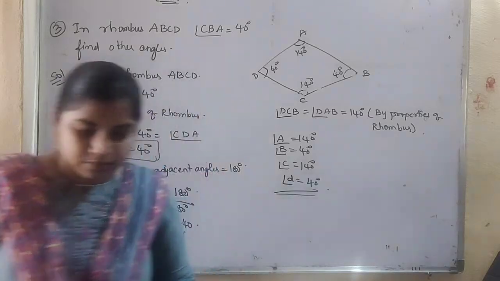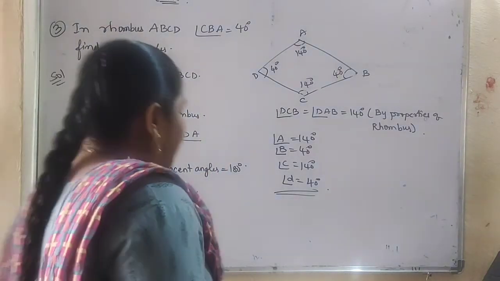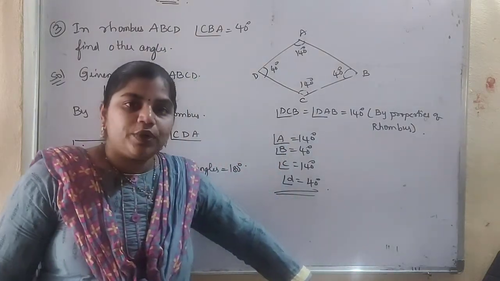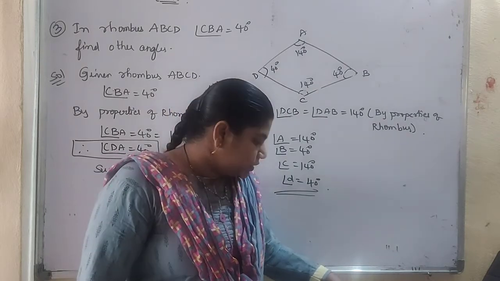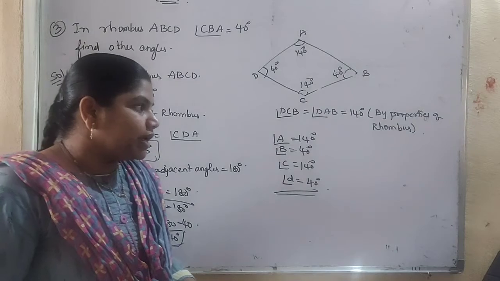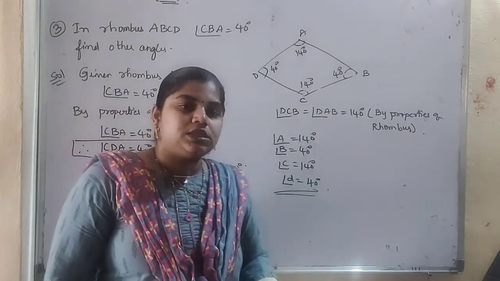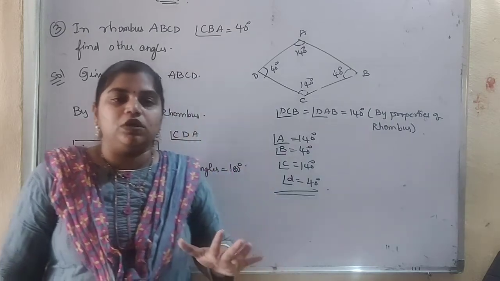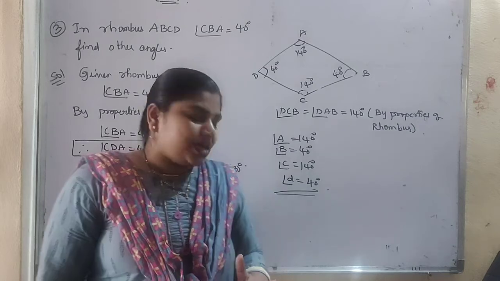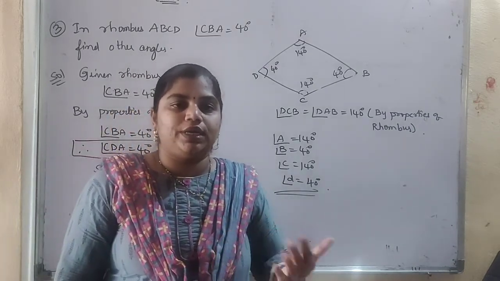Next is the fourth question. The remaining questions will continue in the next class. But I gave the first bit, true or false, as homework. You have to complete this first bit as homework. See all the properties. By using the properties, you can solve that first bit. That is the exercise, state true or false. The remaining bits will continue in the next class.